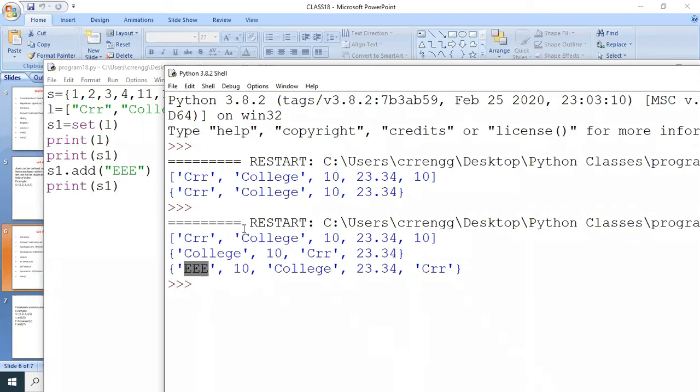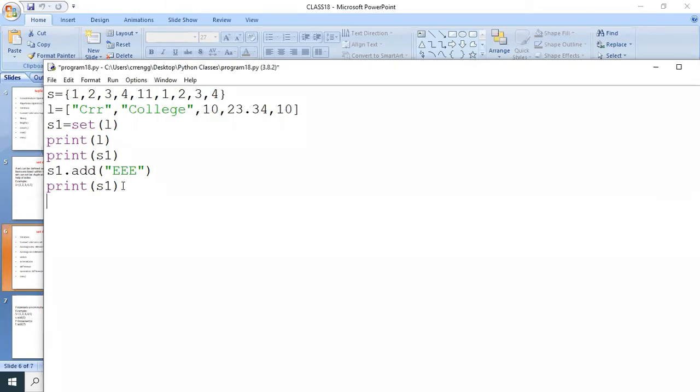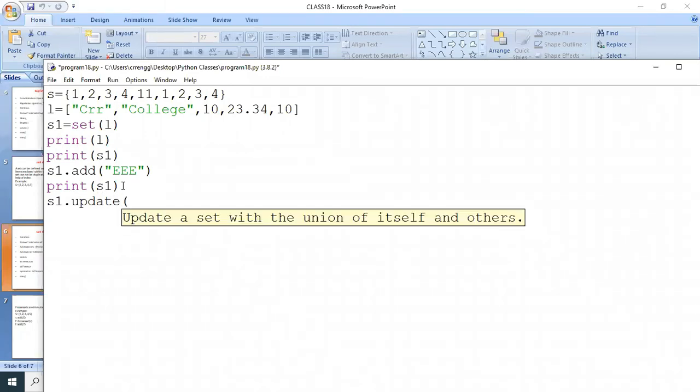And how to add more elements? Here I added only triple U. For example, I want to add some more elements at a time. How can I add? S1.update. In this case, we are going to use the update function. In this, I'm going to give like this: CSE, ECE, mechanical, and civil.